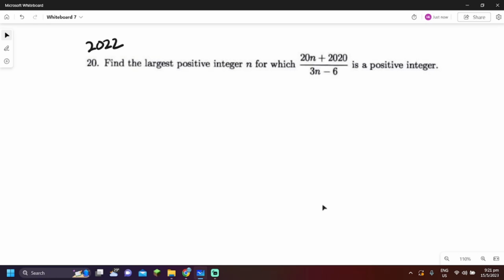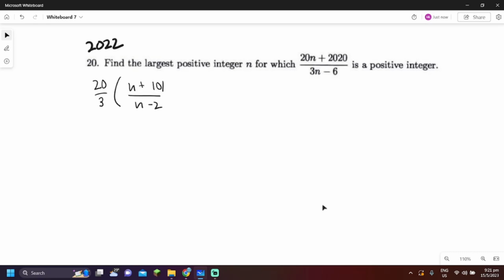Okay, so question 20 from 2022 is a similar question, but here instead we're trying to maximize n, where 20n plus 2020 over 3n minus 6 is still an integer. What we notice very quickly is that the top and bottom both have common factors, as in you can factorize out 20 and 3. So you basically have 20 over 3 times n plus 101